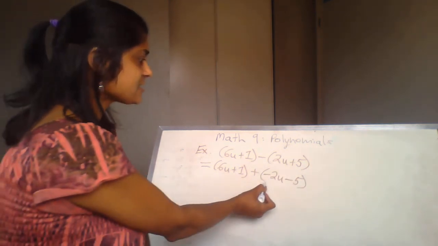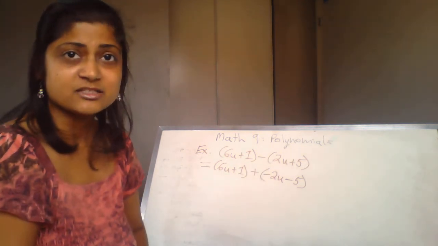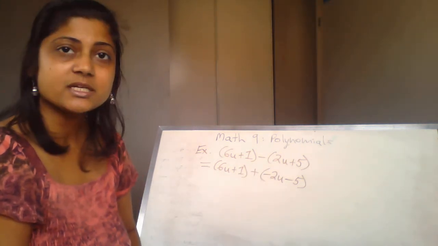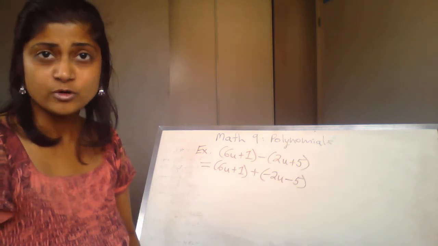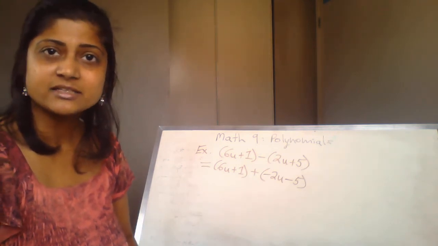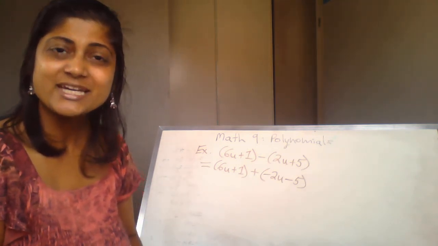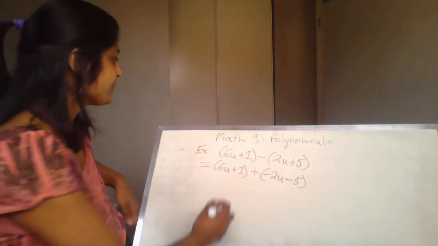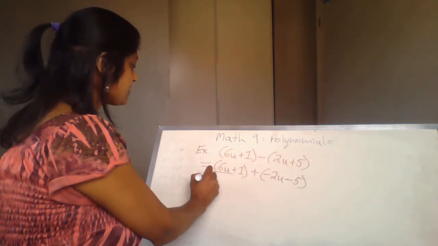Okay, it's basically the same expression that I have at the top here, but I'm just changing it into the addition form. So now it's kind of like I'm just adding the polynomials together, okay? And I can just put the like terms together here. So let's underline it. So I have 6u,